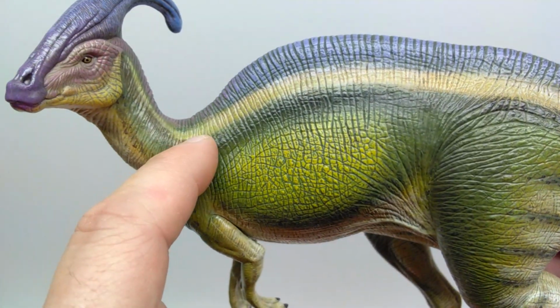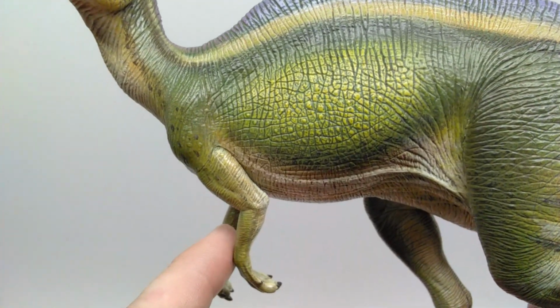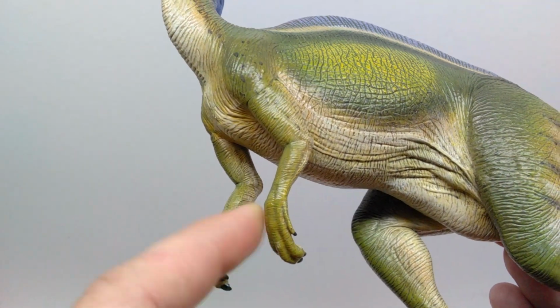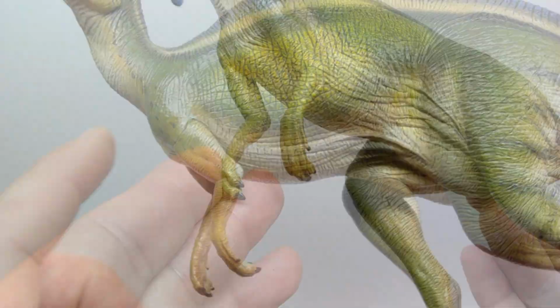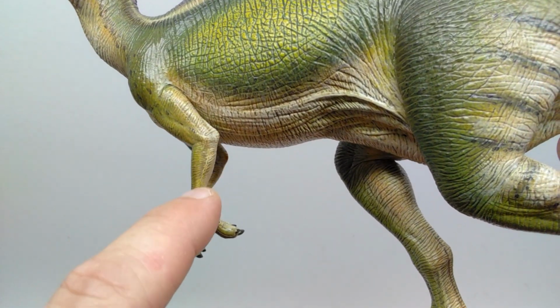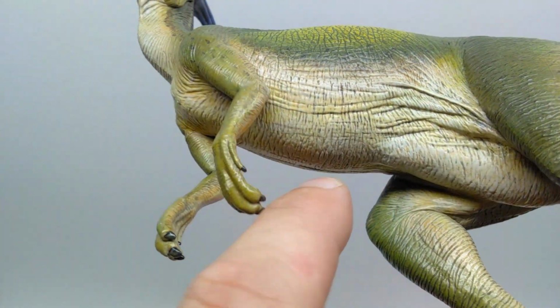You have a really dark green following along the stripes, similar to what we saw on the last one. You can see that the arm here transitions to a slightly lighter green as you move out into the hand. And you have some variations of an off-white running along the back edge of the arm. You see more of that down here running along the stomach, but there's actually some